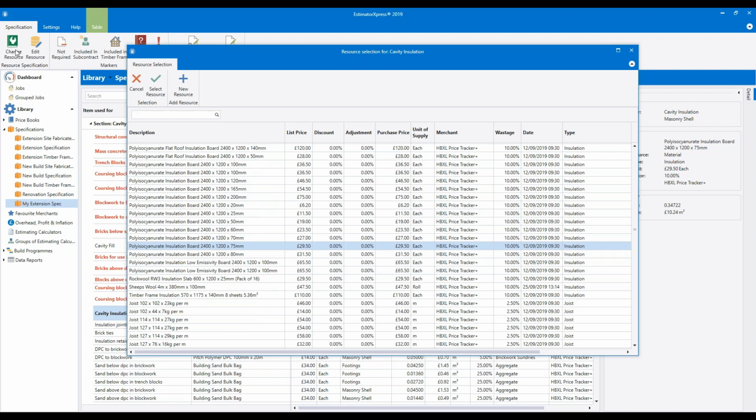So I should just recap. When you click the change resource button, the price book opens up over the top of your specification, and this allows you to select an alternative resource to use for that particular task. Now, because we've clicked on an insulation item, it's opened up in the insulation section, so that should help us locate a resource that we need quickly.